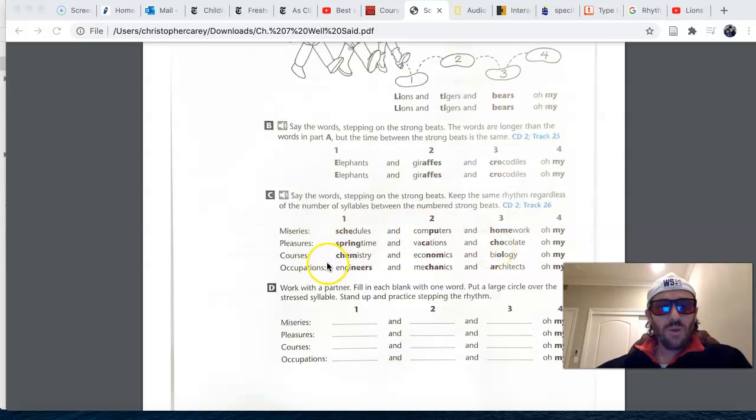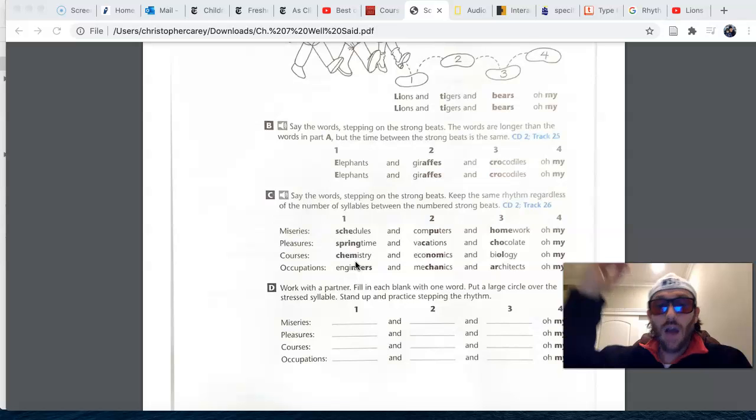All right, courses. So here we have subjects. And notice how a lot of these have the suffix here that we looked at, right? Actually not quite the suffix that we were looking at last chapter, but certainly economics does and biology does. So you can employ that prior knowledge that you have in terms of knowing how to pronounce these words with confidence. Here we go.